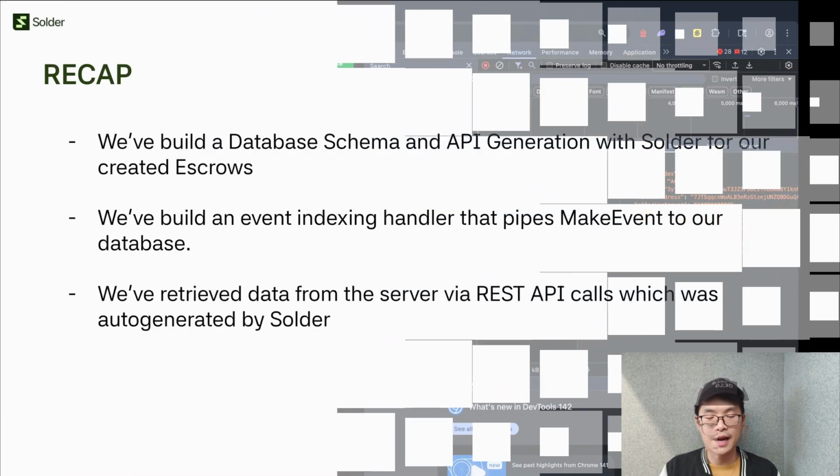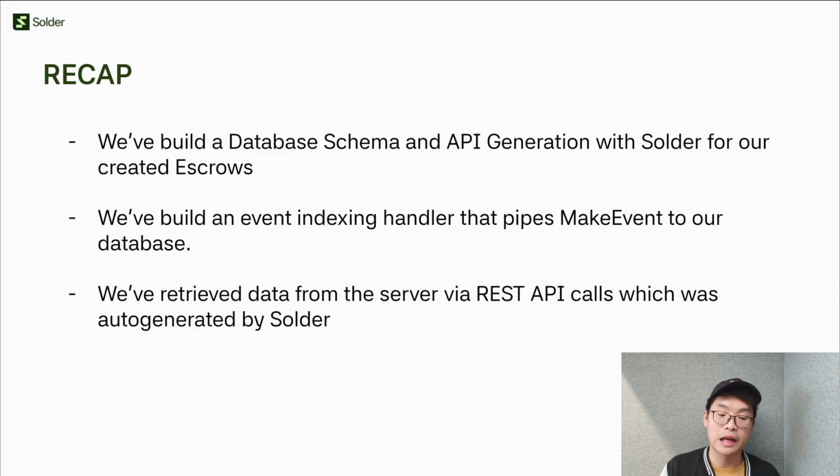So let's recap. We have built a database schema and API generation with Solder for our created escrows. We have built an event indexing handler for my event, which happens when we make the escrows, and pipe them to the database so that our database has all the information of all the escrows that we have created. And also, we have retrieved data from the server via REST API calls, which were auto-generated by Solder, and shown it in the front end. So you can see here, Solder can apply to your escrow application needs, and it can really be used in real-life situations and production